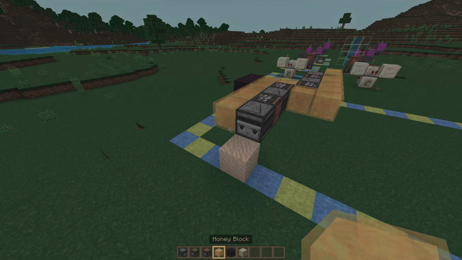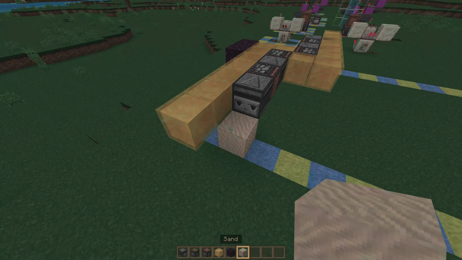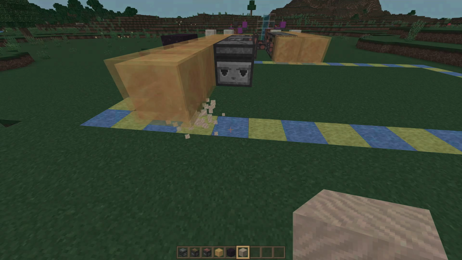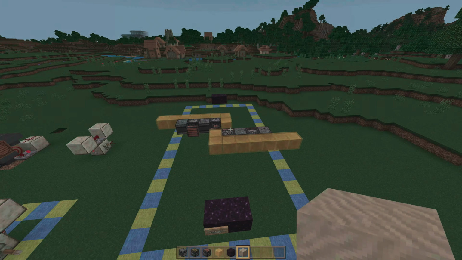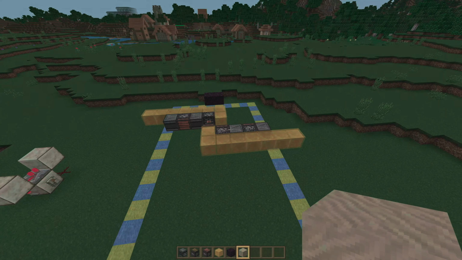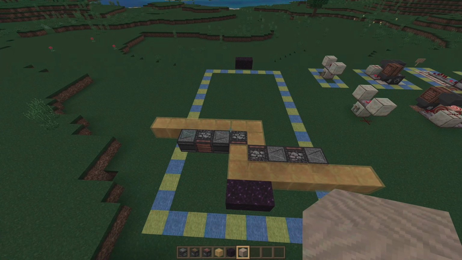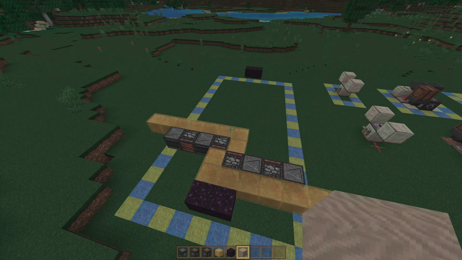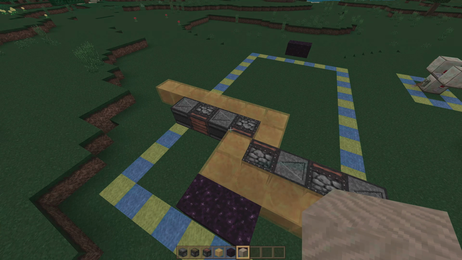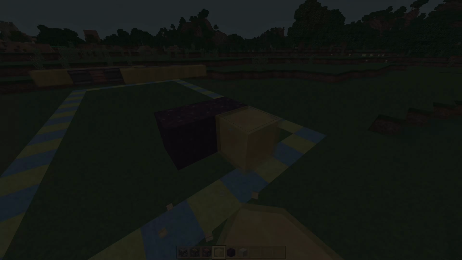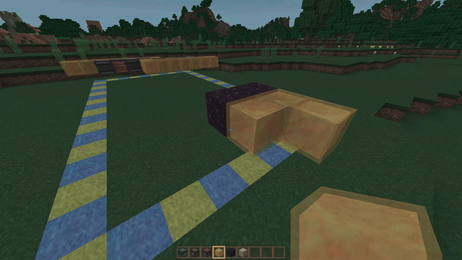You only need 2 sticky pistons, 2 regular pistons, 4 repeaters, and then as many honey blocks as you want to extend it out. And as you can see here, it's very reliable, which means it can break down anything that stands in its way, or serve as a mobile transport platform for you to walk across. And as I mentioned, building this contraption is incredibly simple.